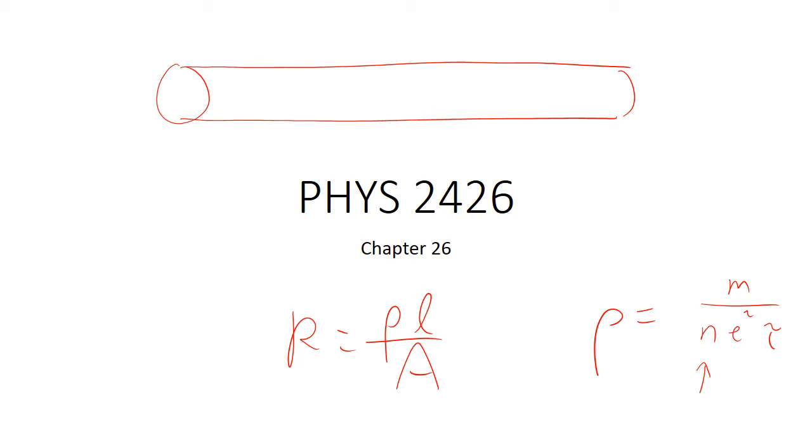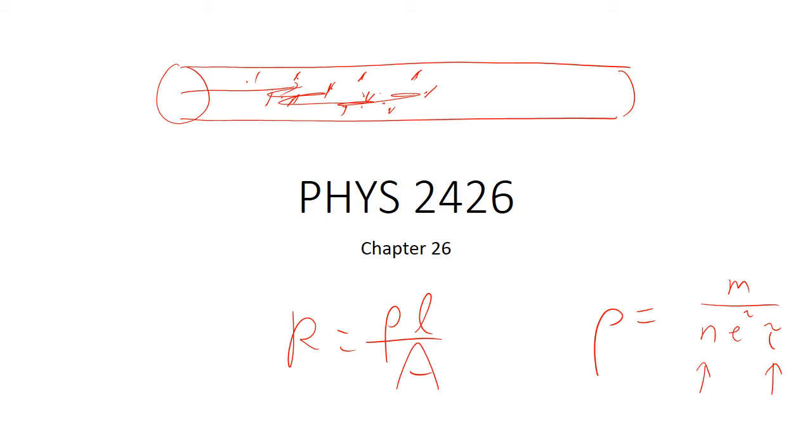What I want to talk about here is the mean collision time. So we talked about what does that mean? That means your electrons are going along, they're bouncing off of things, and this is related to the average time between collisions. And so if you increase the temperature, all these atomic cores are moving around more, and so you